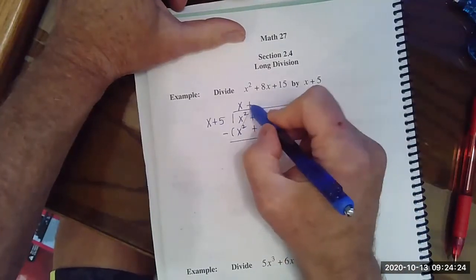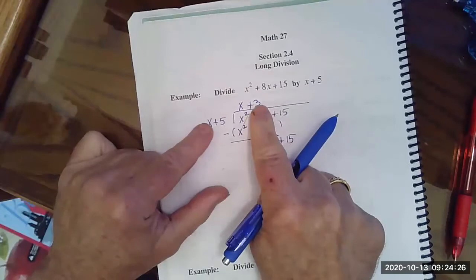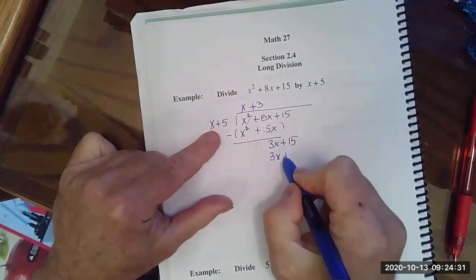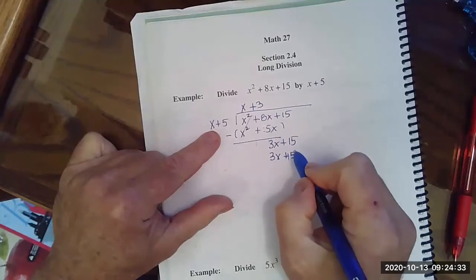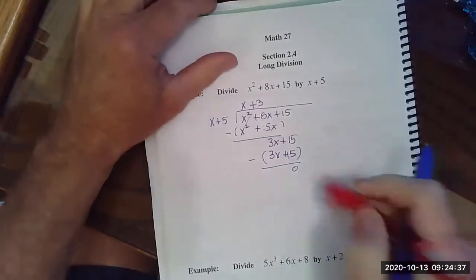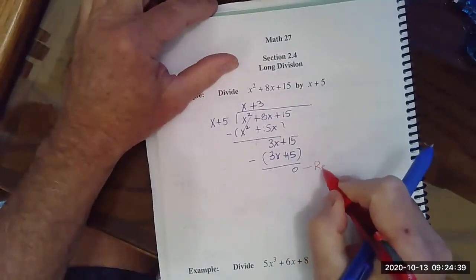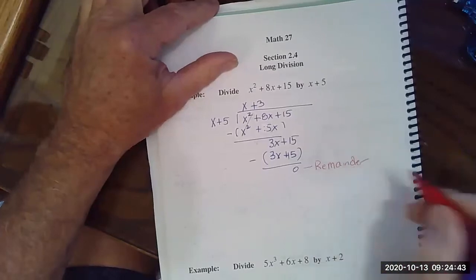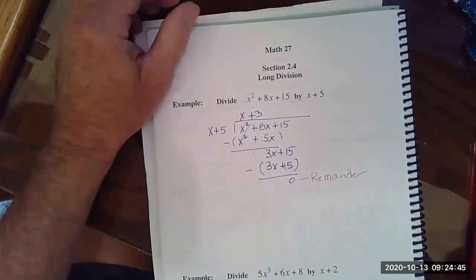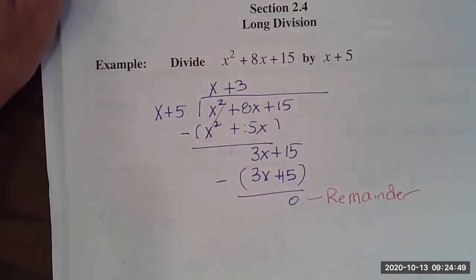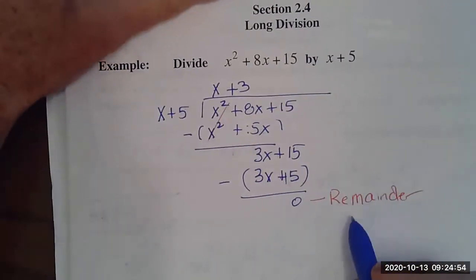Three plus 3, because 3 times x is 3x. That's what I wanted. Aha, remainder. Well, here's the first one. It comes out to be a remainder of 0. So what this is telling me with the remainder of 0,